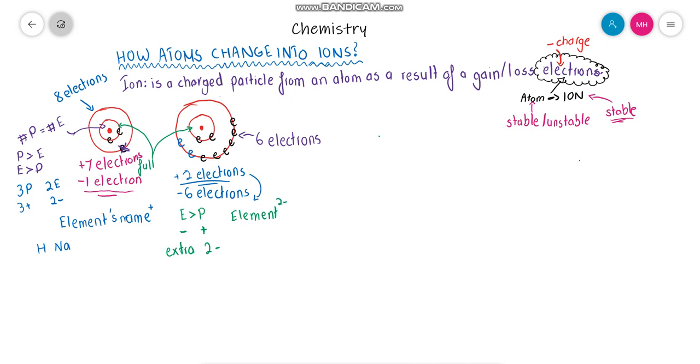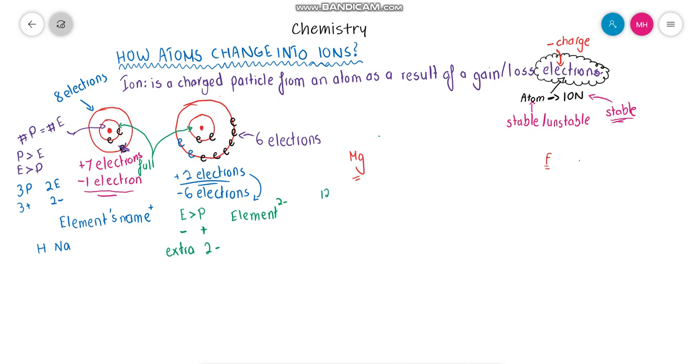Now let's get into proper examples. We'll take two examples. Let's take magnesium, and let's take fluorine. Okay, so let's write fluorine here. Magnesium